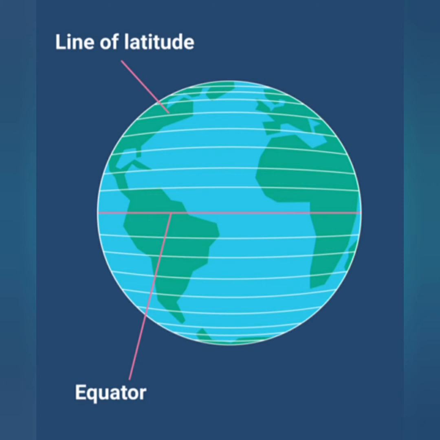Students, do you know why we call the upper part the northern hemisphere and the lower part the southern hemisphere? Actually students, the portion which is north of the equator is called the northern hemisphere because it is situated at the north of the equator, so it is known as the northern hemisphere, and the lower part is situated at the south of the equator, that's why it is known as the southern hemisphere.